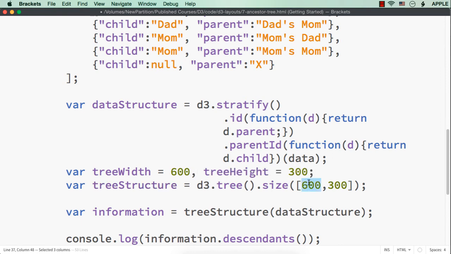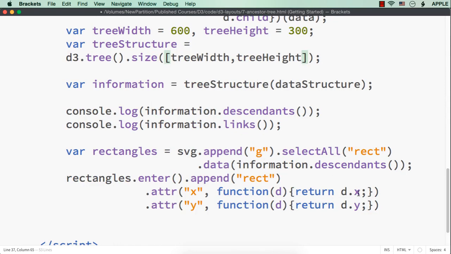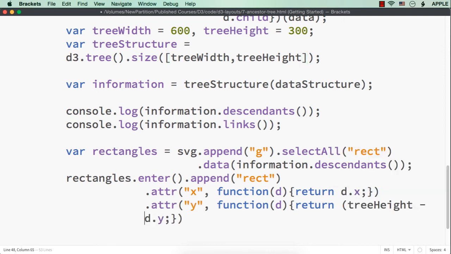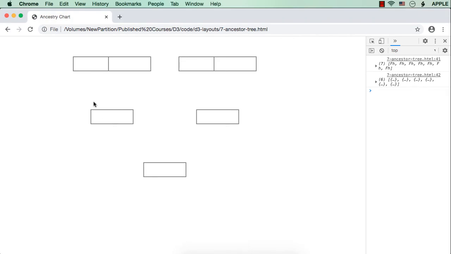Then here let me specify tree width and here tree height, and instead of specifying d dot y, let me specify tree height minus d dot y. So the y's value will be subtracted from the height of the tree so that it will move to the bottom. Let me save this. See, the root rectangle is displayed at the bottom and the parents or the ancestors are getting displayed at the top.